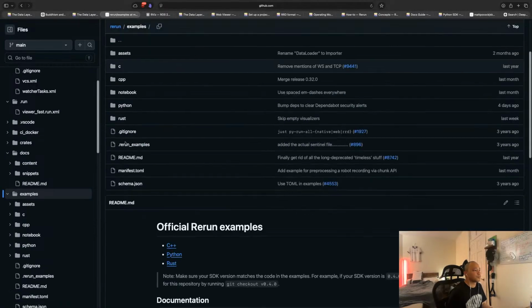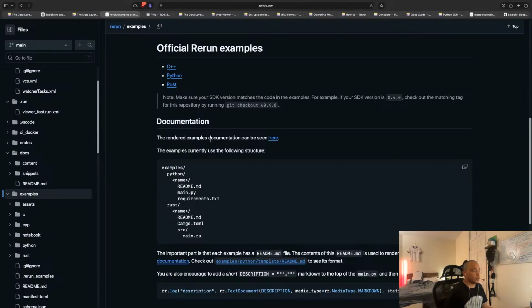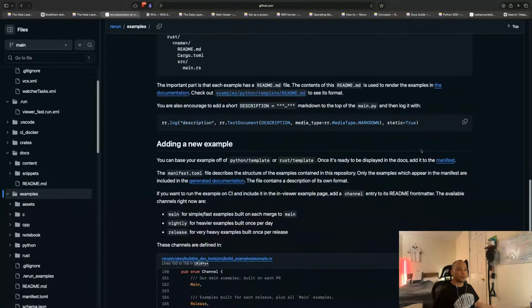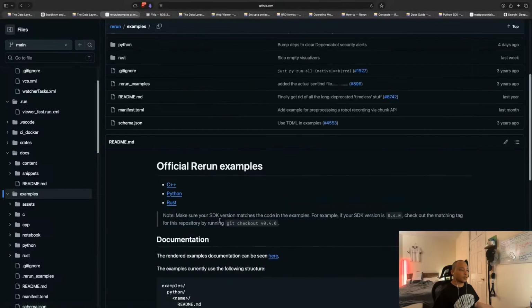Right here. The rendered example that we did, adding new ones to display the main manifest.